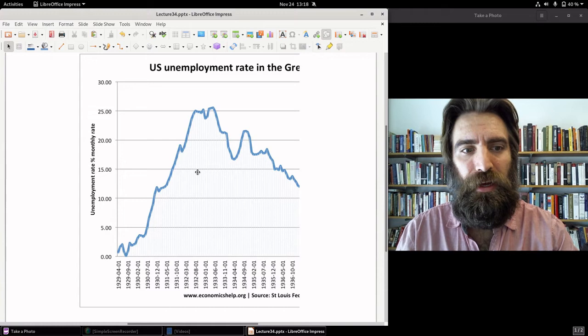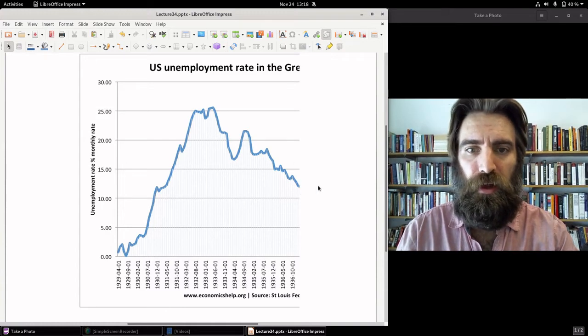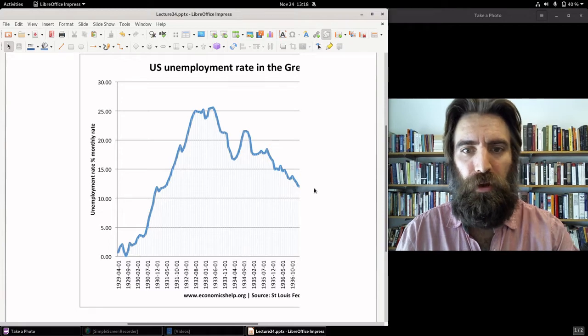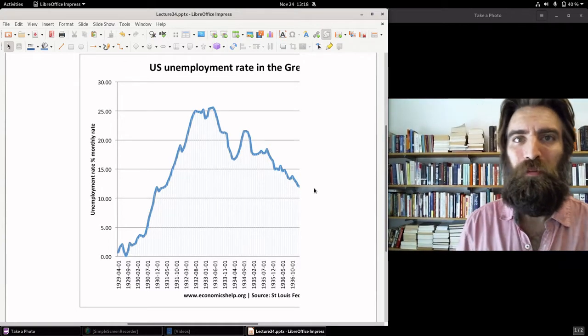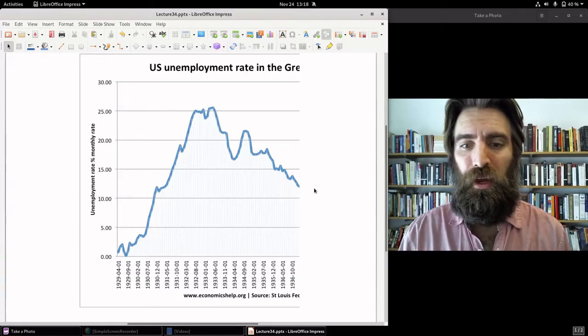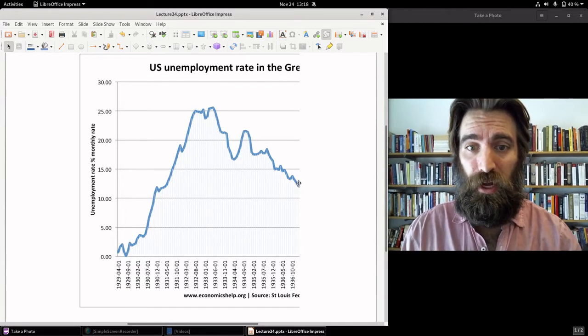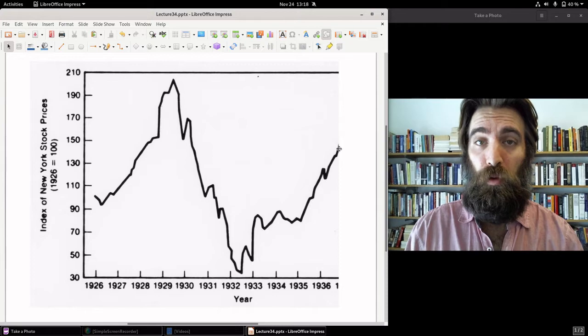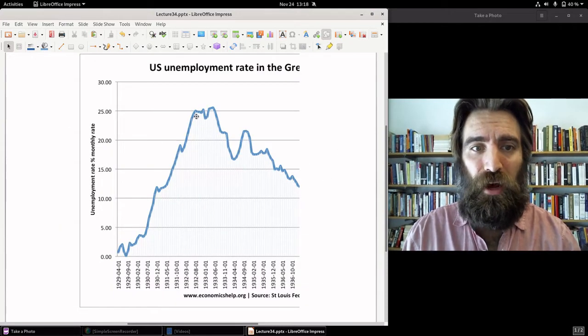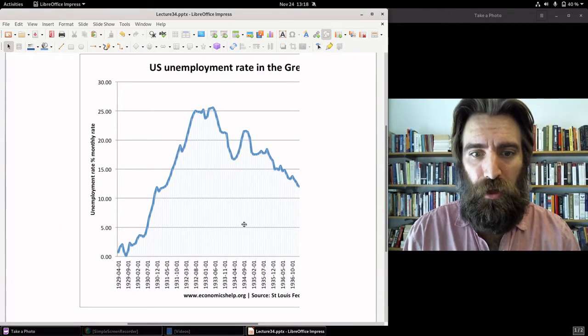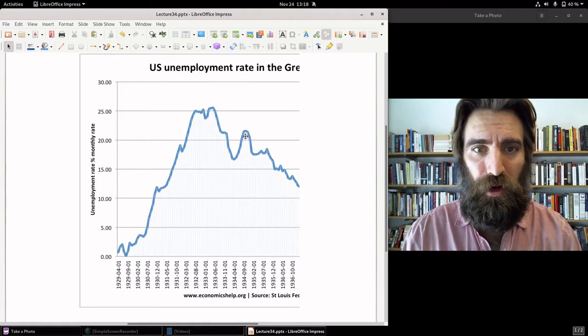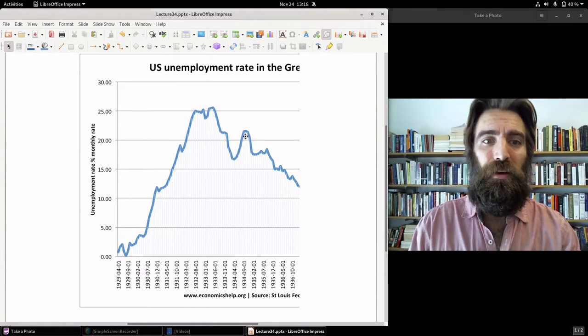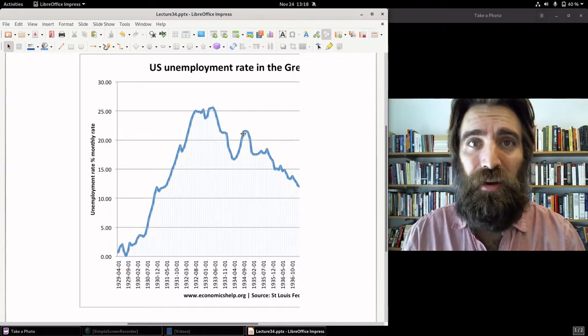But here's the sour data. Look at that. Unemployment still hasn't gone below 10%. That's really bad for Roosevelt. And this is at the end of 1936 when the stock market's all the way back up here. Unemployment's gone down. It's no longer 25%. But as late as 1935, unemployment was still over 20%.